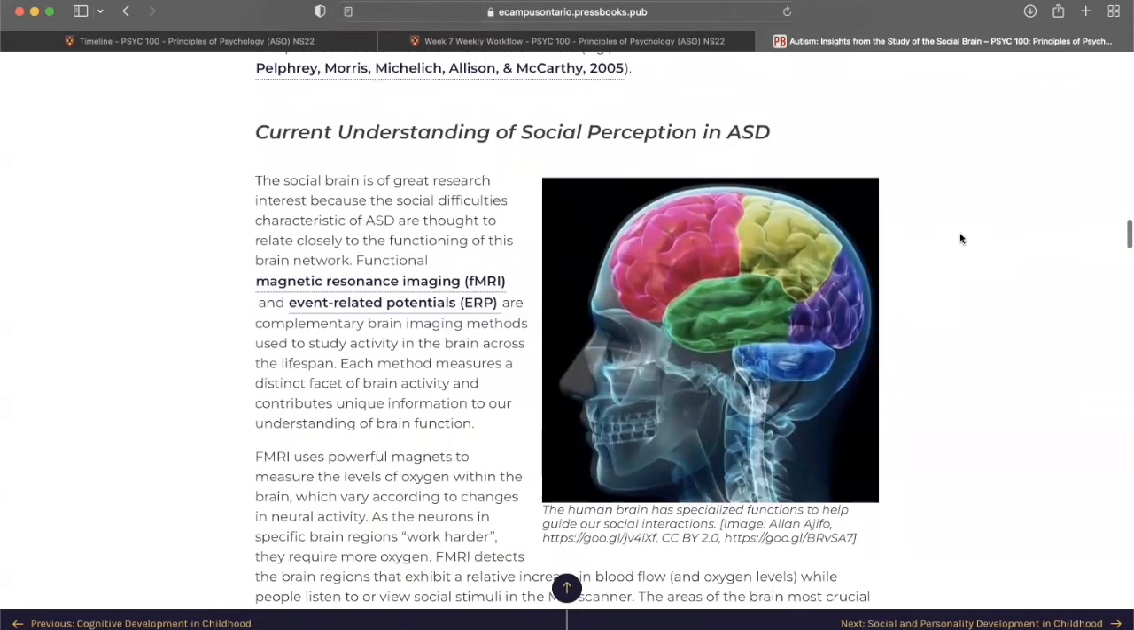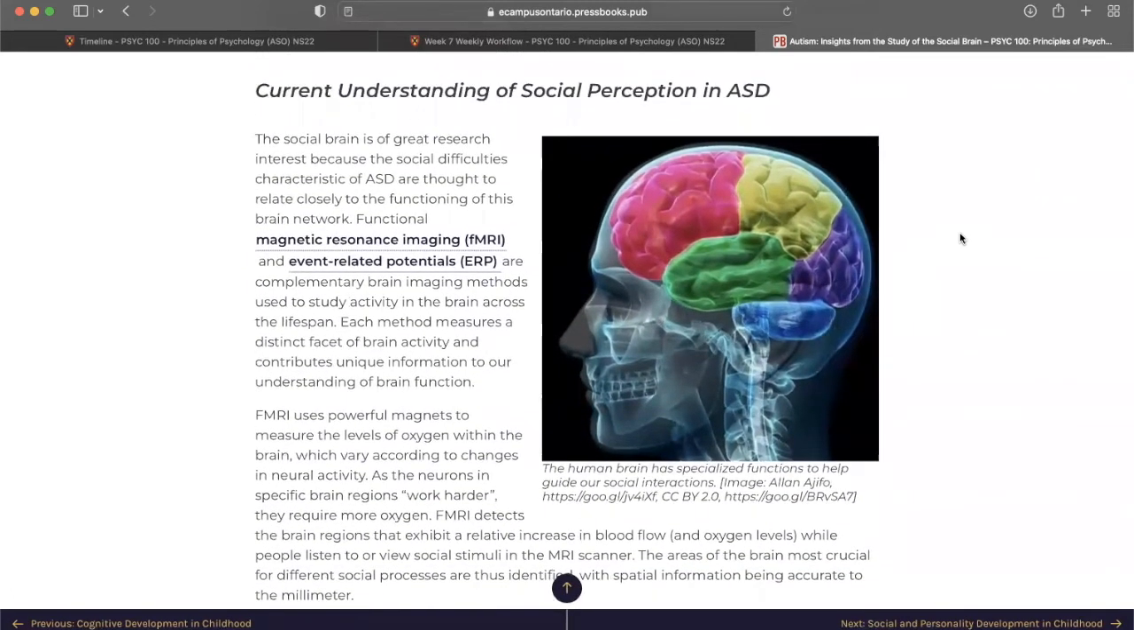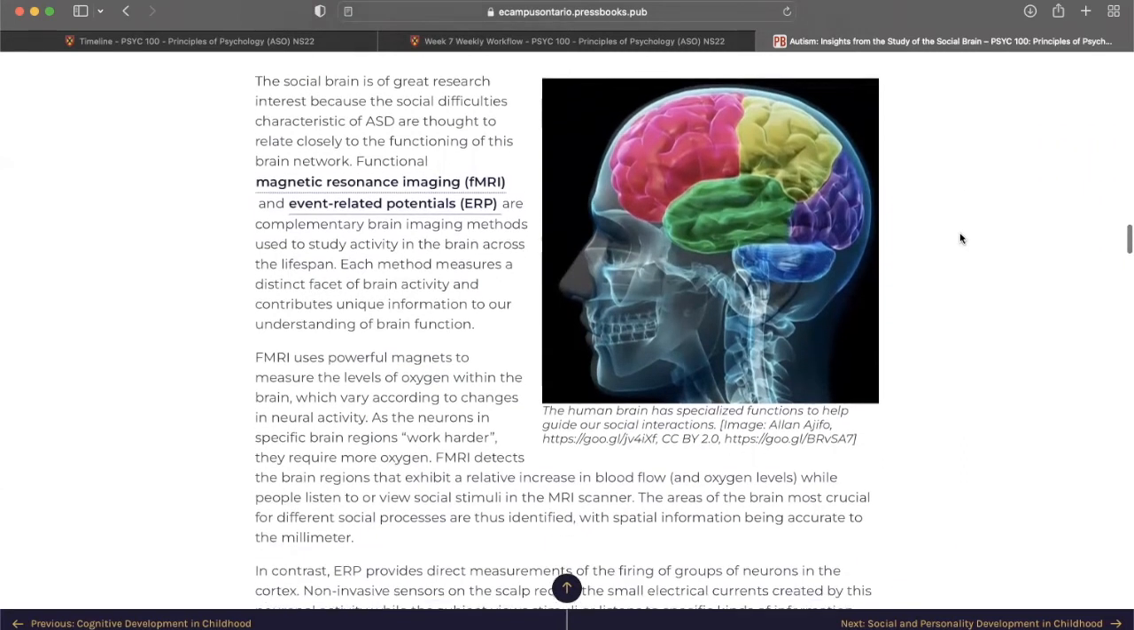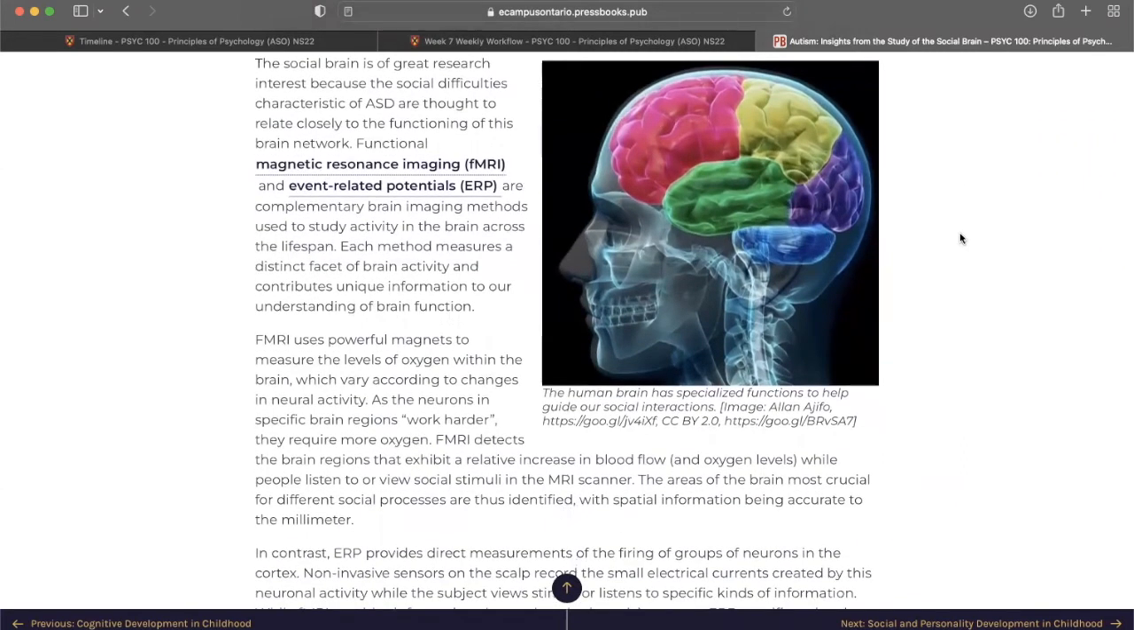Current understanding of social perception in ASD. The social brain is of great research interest because the social difficulties characteristic of ASD are thought to relate closely to the functioning of this brain network. Functional magnetic resonance imaging, fMRI, and event-related potentials are complementary brain imaging methods used to study activity in the brain across the lifespan. Each method measures a distinct facet of brain activity and contributes unique information to our understanding of